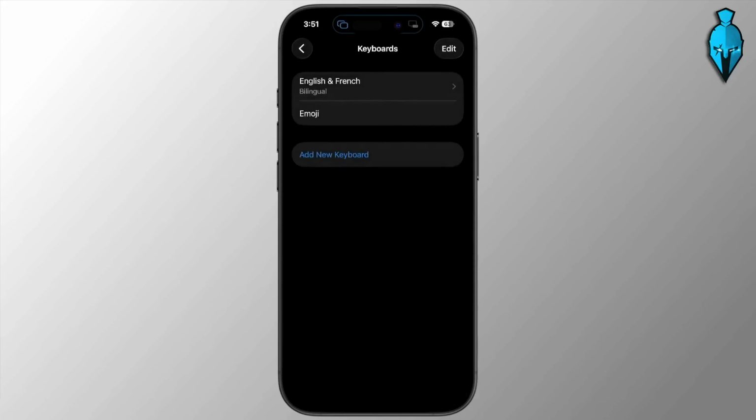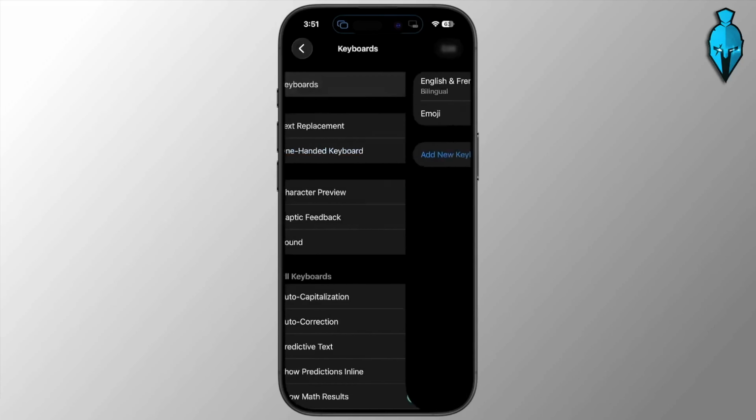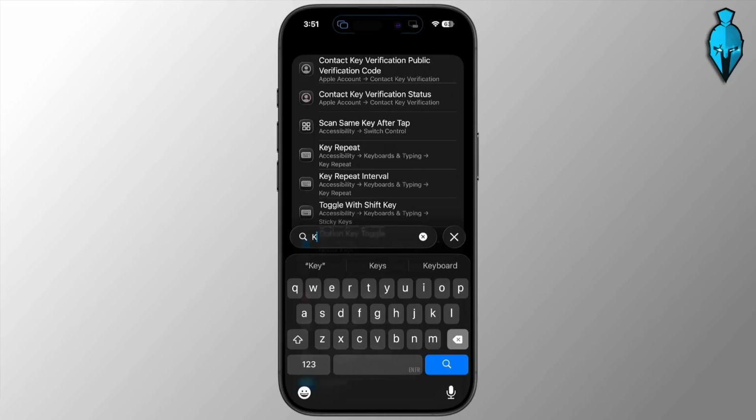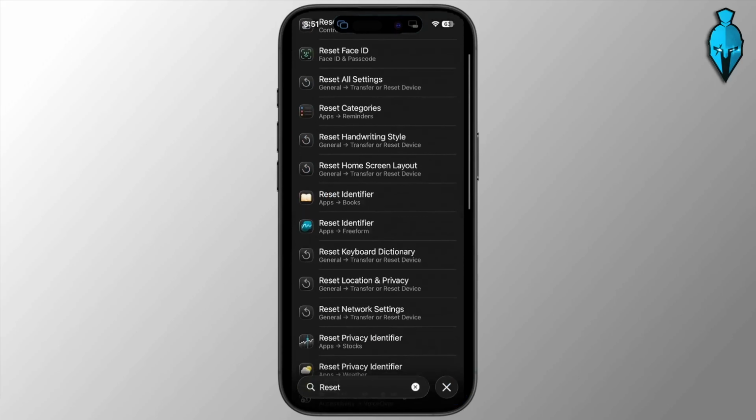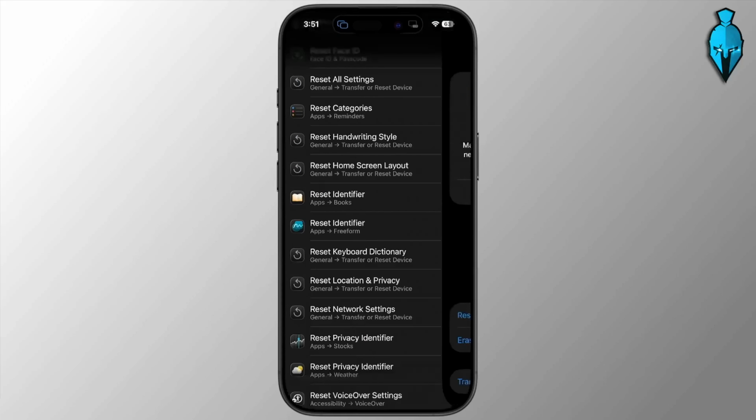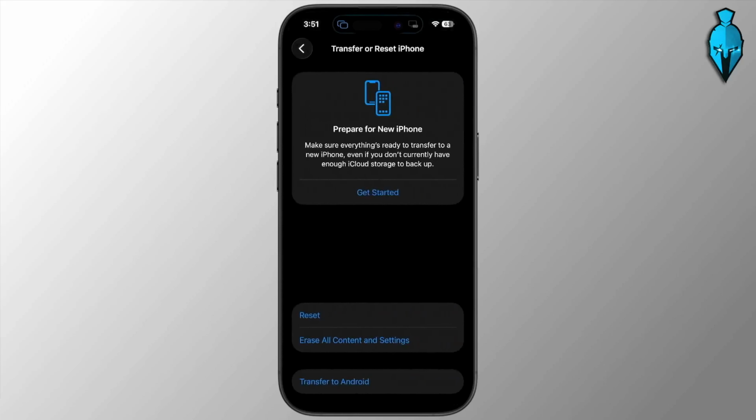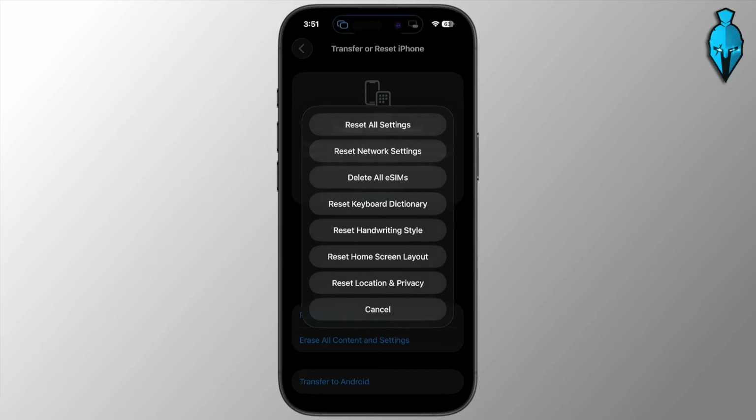again. Once you do this, you can return to the main settings page and this time search the word Reset. Go down to where it says Reset Keyboard Dictionary, tap on this, hit the Reset button, and then select Reset Keyboard Dictionary from the list of options. You'll have to enter your iPhone passcode and then confirm it. And this will clear your learned keyboard data and it resets the frequently used emoji section back to the default